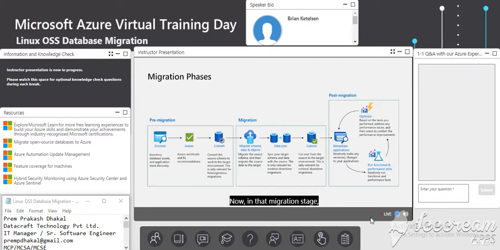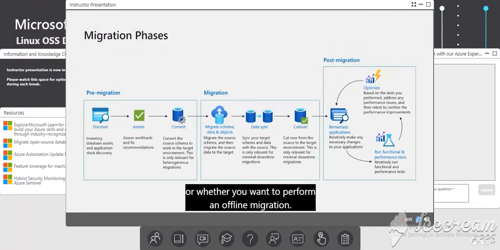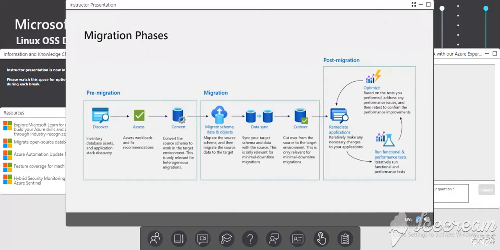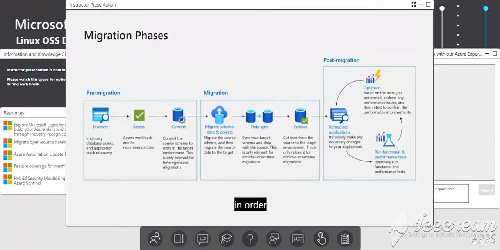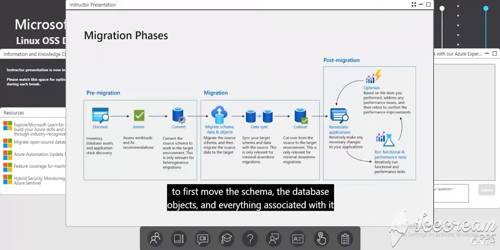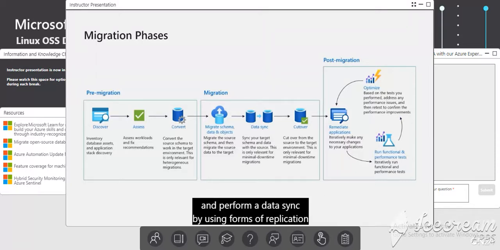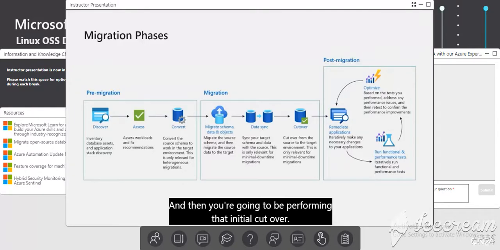Now, in that migration stage, the application workload could actually be the determining factor on whether you want to do a live migration or an offline migration. Offline migrations are certainly the easiest to perform, but one of the challenges there is how you're going to keep your data in sync. So maybe a live migration might be the best choice in order to first move the schema, move the database objects and everything associated with it, perform a data sync by using forms of replication or other capabilities such as Azure Data Factory to keep data in sync,